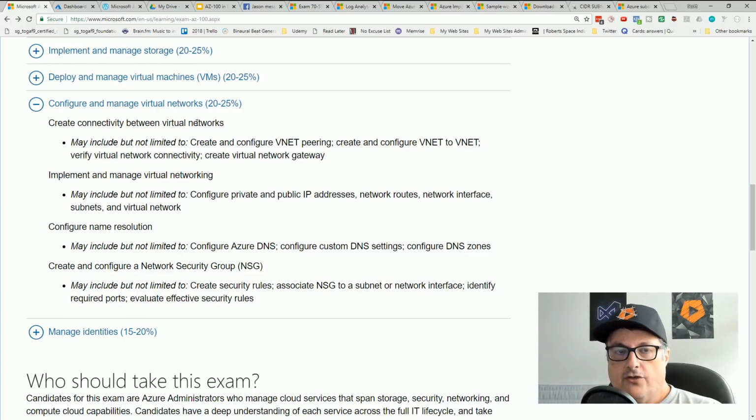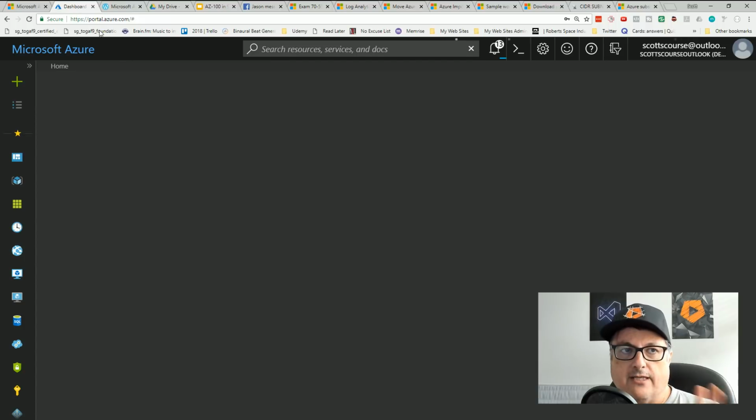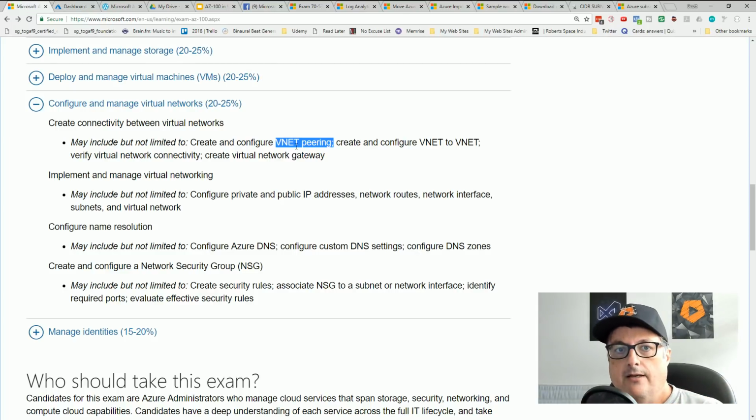So creating virtual networks, pretty straightforward. Subnets, peering. Now, by default, when you create resources on a subnet, all other resources on that same subnet have access to each other. So if you have 2 virtual machines on the default subnet, then those machines can talk to each other. There's no firewall. There's nothing impeding it by default. If you start to create other virtual networks, then these are blocked by default. So traffic cannot cross a virtual network boundary.